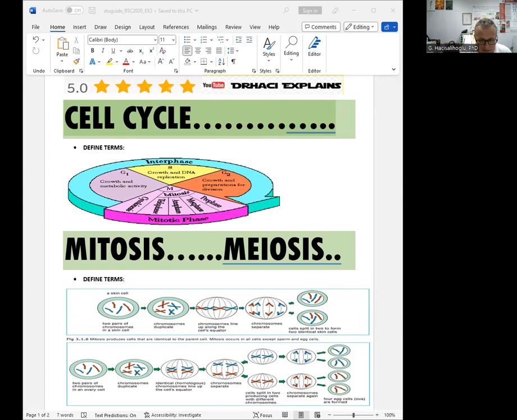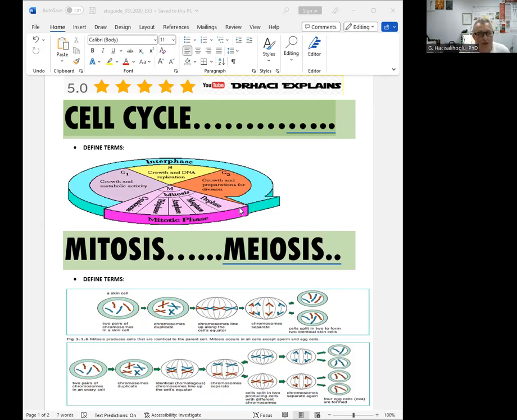Okay, so this is in your green book. This is chapter 10 and 11. So chapter 10 is the cell cycle. So let's start with cell cycle. As you see here in this picture, basically cell cycle is made of parts like interphase, a longer part, and then mitotic phase, which includes mitosis in this case, and cytokinesis. And interphase has subparts like G1, S, and G2.